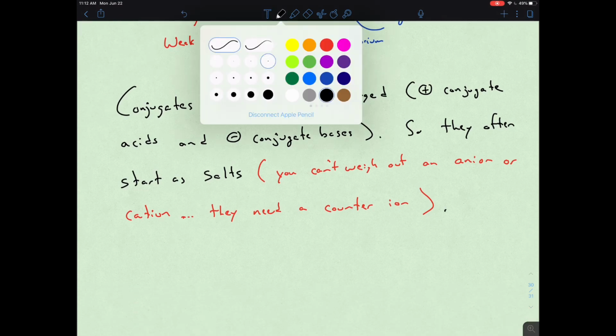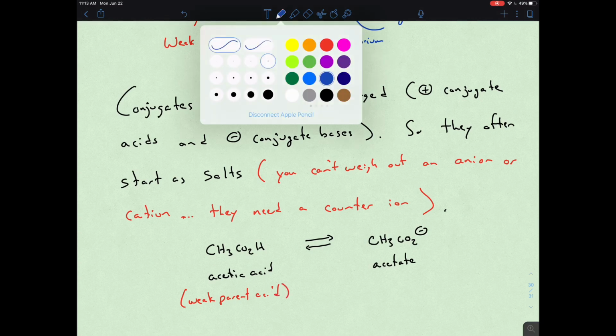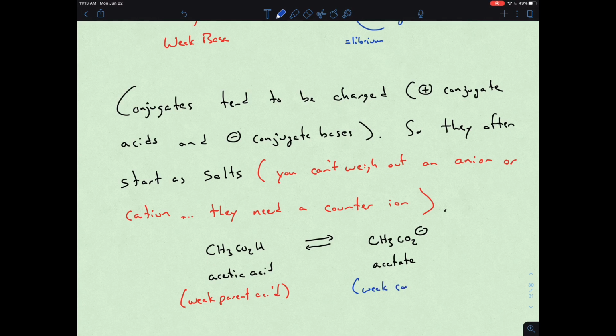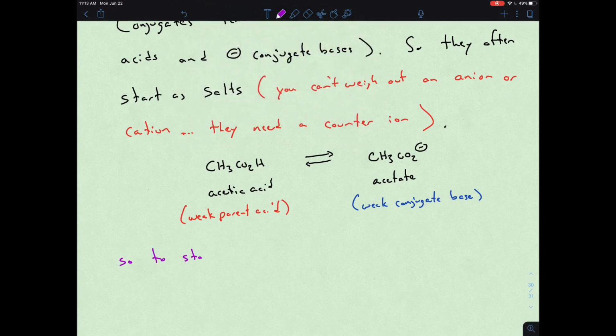For instance, if we were to look at acetic acid, I'm not drawing all the materials, I'm just trying to show the relationship between acetic acid and its conjugate acetate. Here we have our weak parent acid, and on the right we then have the weak conjugate base. So to start with acetate, this conjugate base,